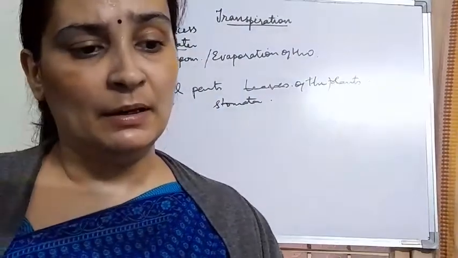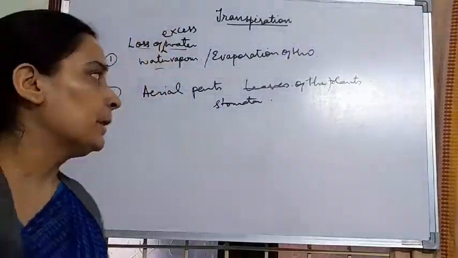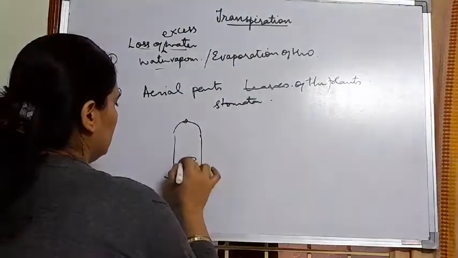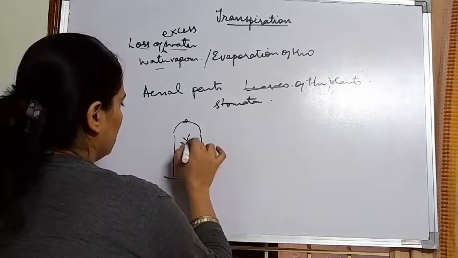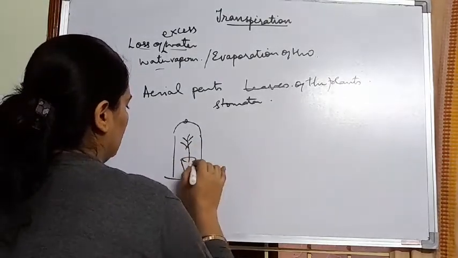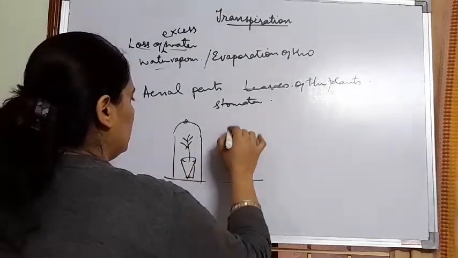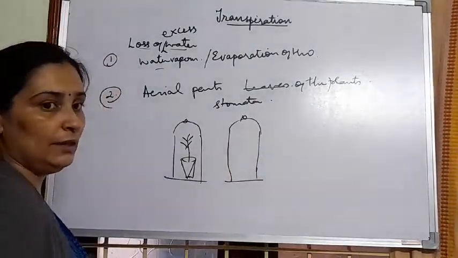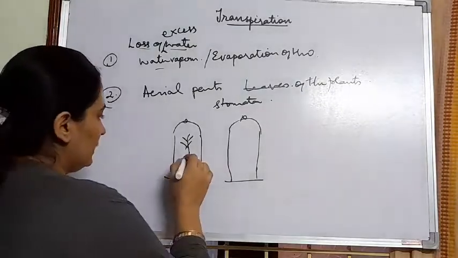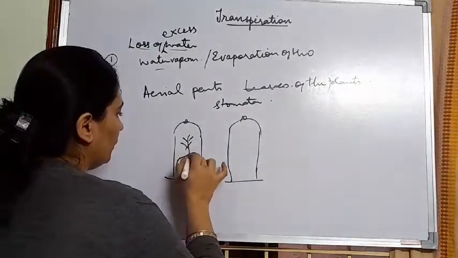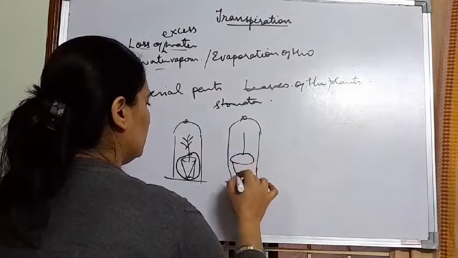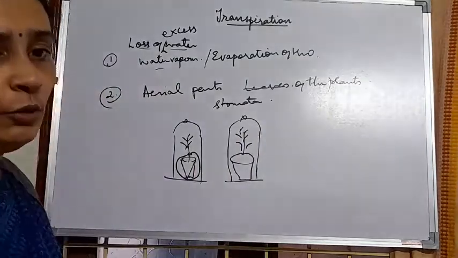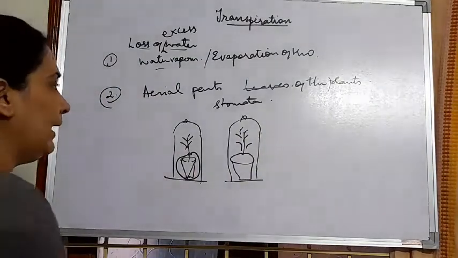So similarly, 3 similar experiments in parallel you will keep. And what will you see after some time? Suppose this is the first bell jar, and here is the plant. Second bell jar. In the first bell jar, what have you done? The plant is simply kept, and this part of the pot is covered. Okay. In the second bell jar also, I have not drawn the leaves, the plant is properly kept, and along with